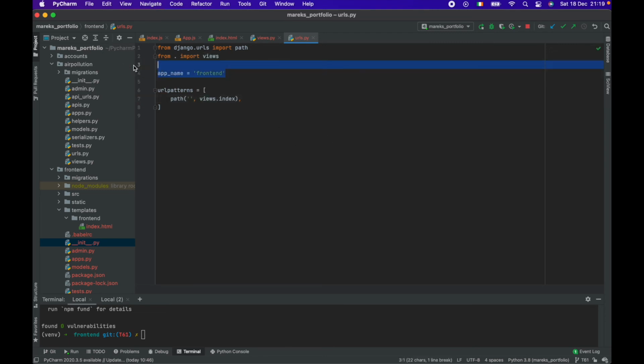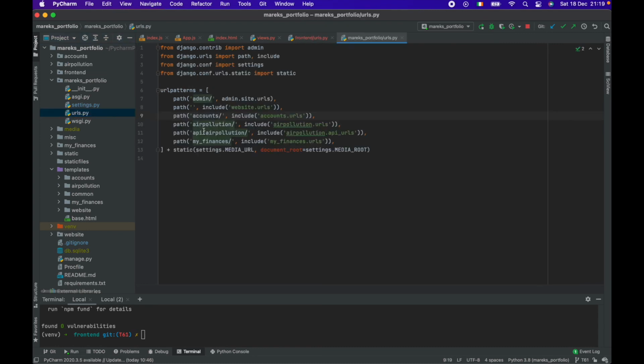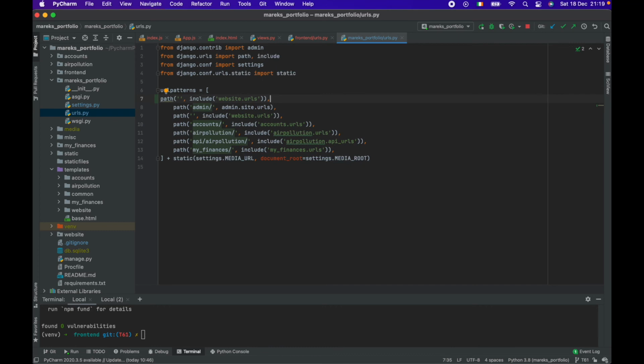So we don't really need that, so I'm going to just delete whatever we don't need. Path is here, views is here, and that's it. Now we need to move it to be included inside of, where is it? Mark's portfolio, URLs. So I'm going to just copy this and put it at the very top here. So, and I'm going to call it,